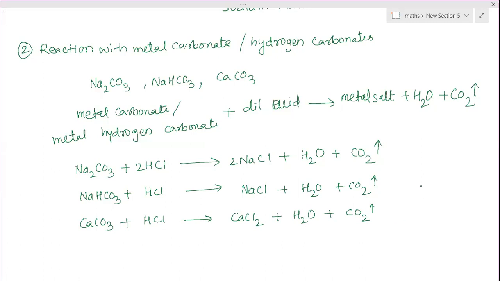Now marble cancer. Have you heard the word marble cancer in the air pollution chapter? Yes, ma'am. Taj Mahal loses its white shine. That is made up of marble. So that becomes yellowish due to this reaction. That is made up of calcium carbonate. When it reacts with acid, it produces calcium chloride, water, and carbon dioxide. So corrosion of calcium carbonate has taken place. That is a corrosion of marble, which is called as marble cancer.